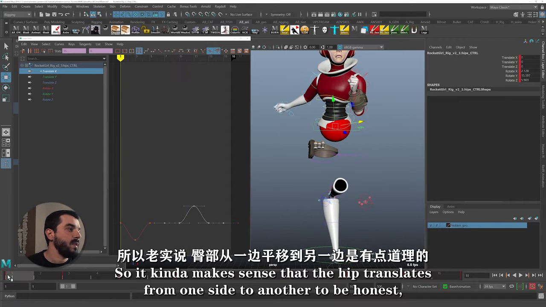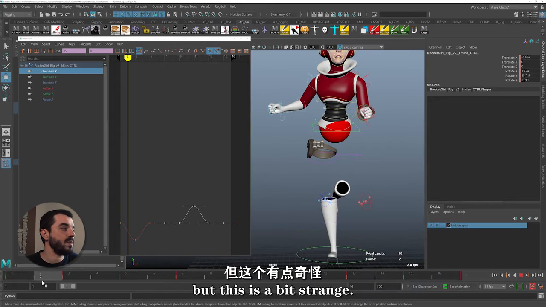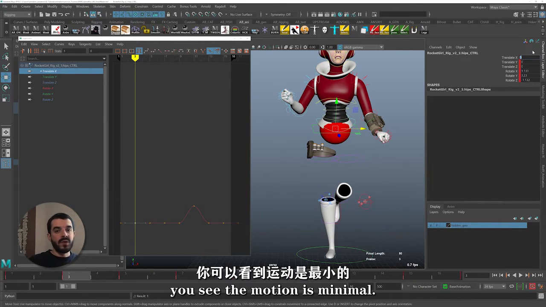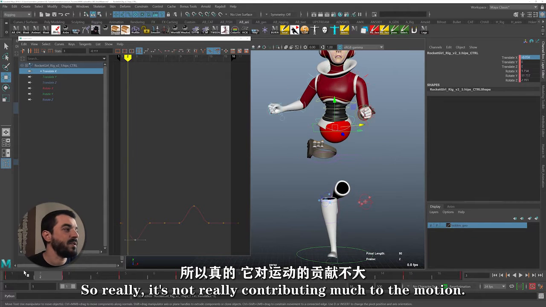So it kind of makes sense that the hip translates from one side to another, to be honest, but this is a bit strange. It goes one way and then it comes back immediately and then it stays flat. If I zero it out, you see the motion is minimal, so really it's not contributing much to the